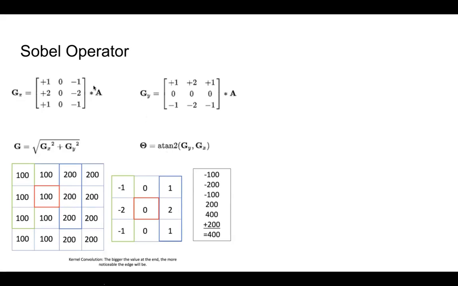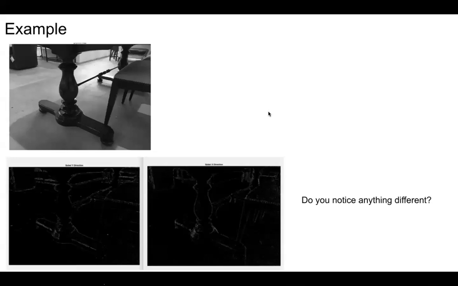This is the angle the edge is making from the base. So it's like finding the edges in the vertical and edges in the horizontal, I mean the angle between the edges and the x-axis of the base of the image. So yeah, this is the Sobel operator, and if we apply the Sobel operator on this image, you can see